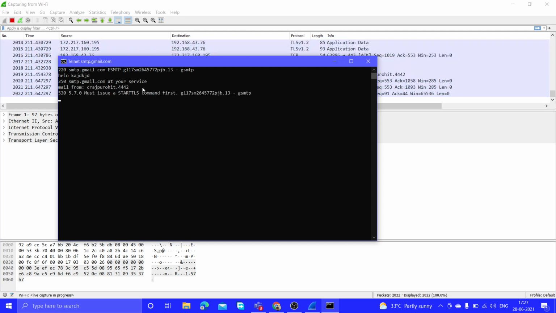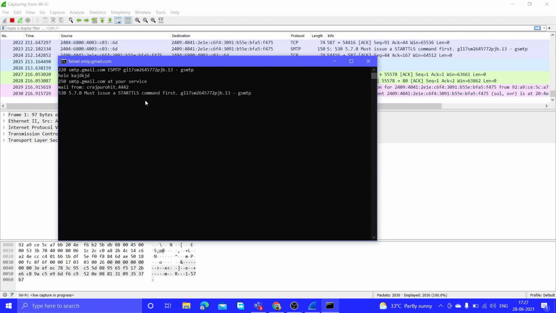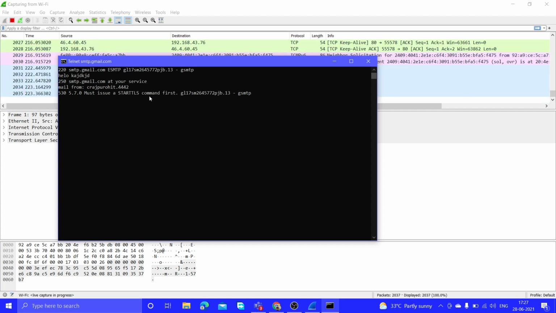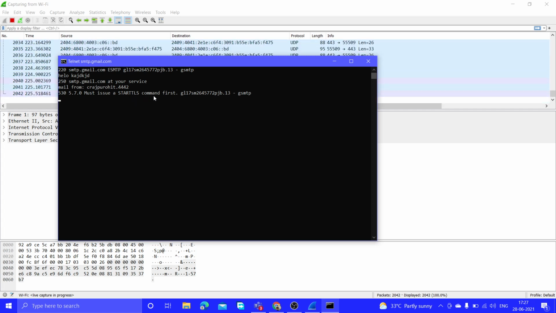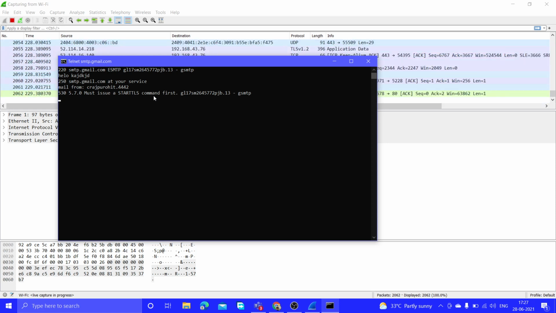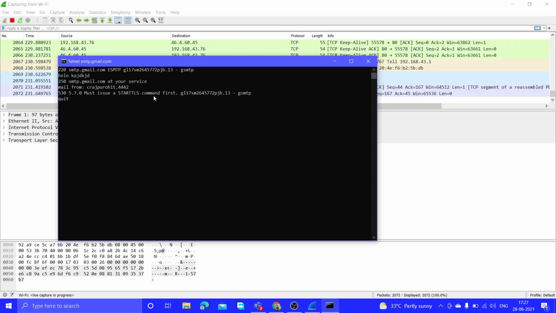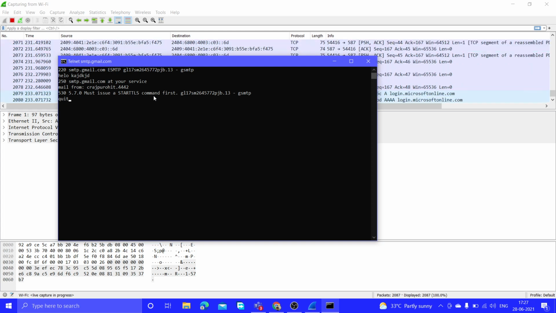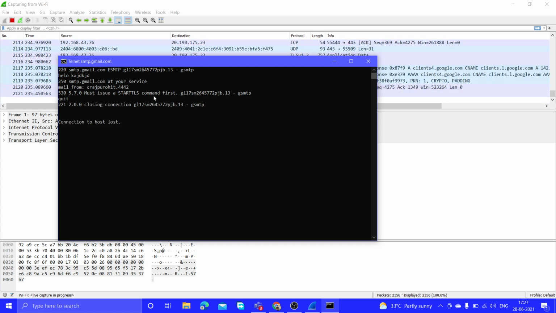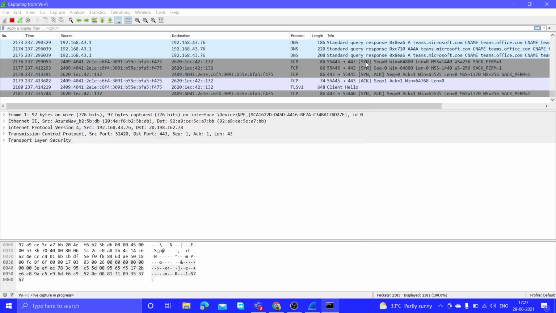Actually I have typed the wrong mail ID. It is showing that we must issue a STARTTLS command first. So we'll quit this operation by typing quit and hitting enter. So our host connection is lost.